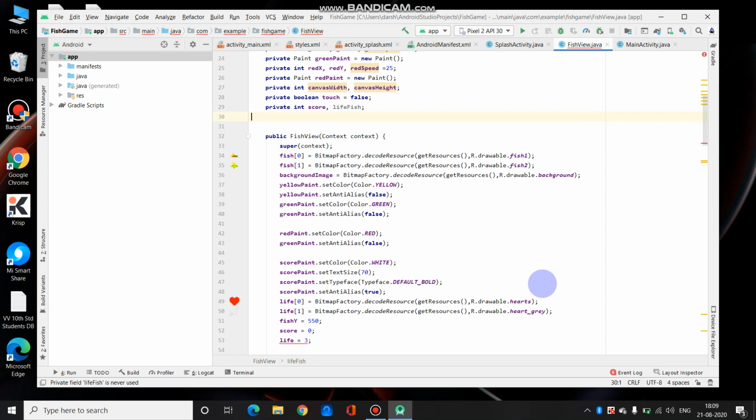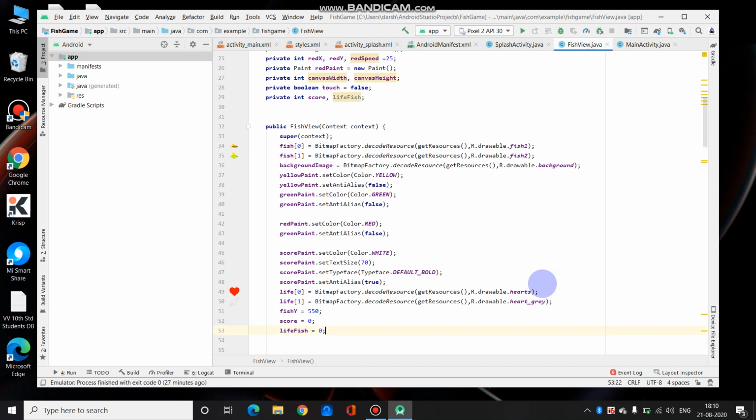I think there's some problem if we take it as life, so we'll change it and take it as life fish is equal to 0. We'll have to initialize it to 3. Okay, so we are done with this.